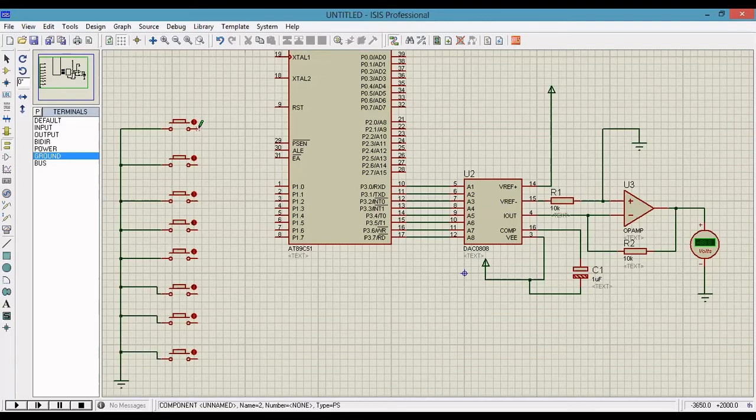Next, the first switch is connected to port 1. So I am going to use port 1 for giving the inputs. There are 8 pins, so 8 switches I am going to connect.